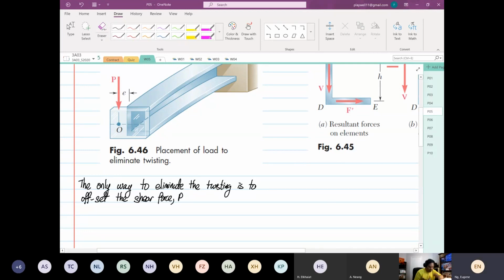It can also be V by a distance of E. So this distance of